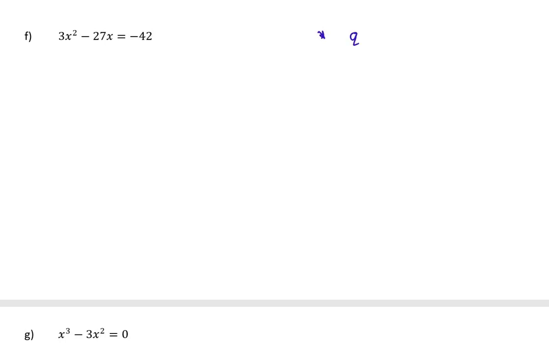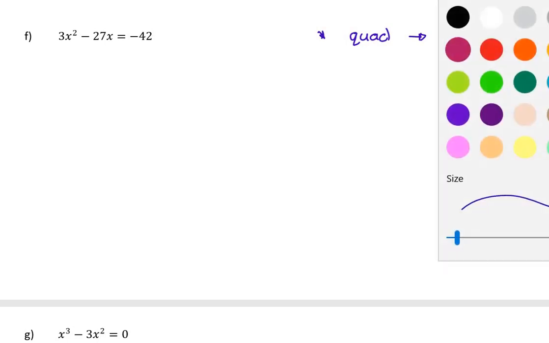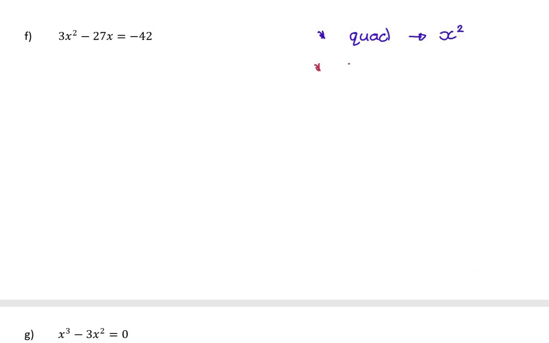First question you ask yourself: is this quadratic or linear? I think this is quadratic because I see an x squared. Second step, I need to get one side equal to 0. That isn't done here. So I absolutely need to get rid of that minus 42. So I add 42 to both sides. So I get 42 on that side and 0 on that side. Next step,